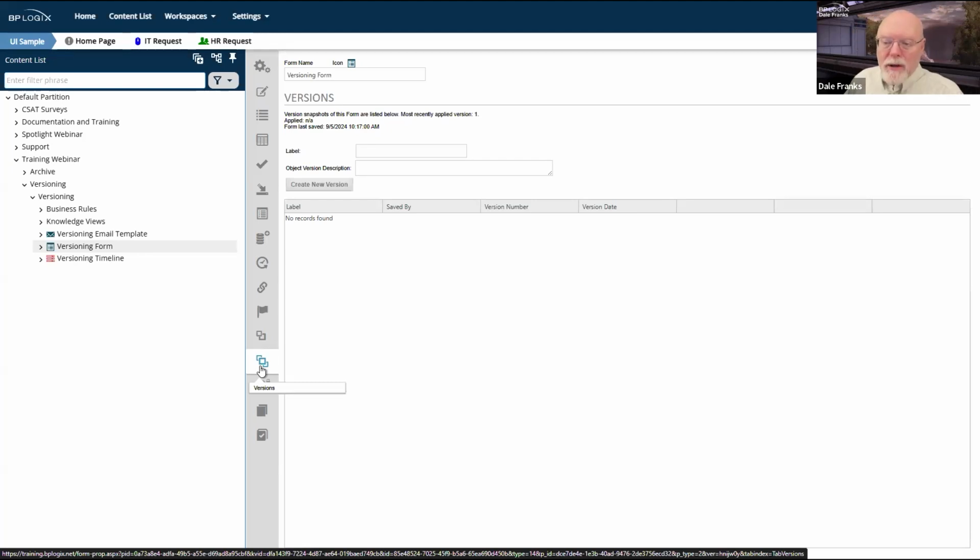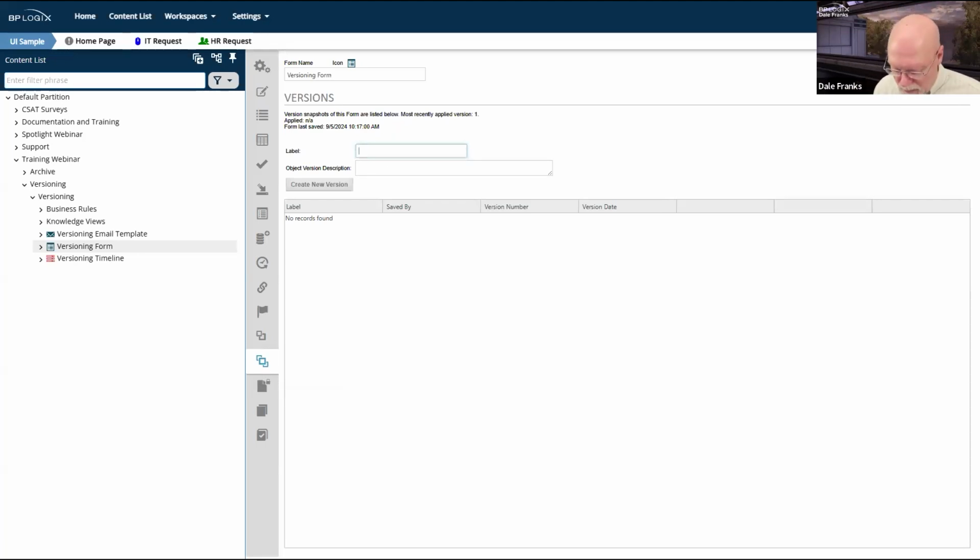Every object in Process Director can be versioned, and they can all be versioned independently. That is not the way that we would recommend that you create a version, although you certainly can. If I just wanted to version this form, I could just call it V1 and say this is the initial version.